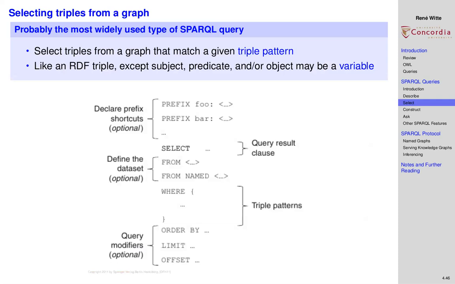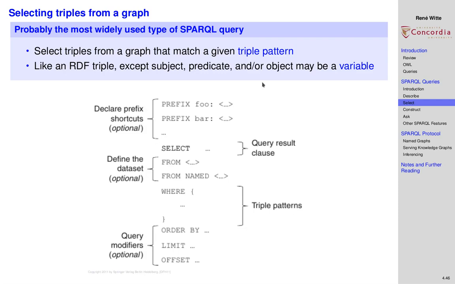So the next SPARQL query is probably the most important and the most widely used one. It's the one you've seen before in the beginning. It's the select statement. So you want to retrieve triples from a graph that match a certain pattern that you give. So the patterns are, like you've seen before, specified just like an RDF triple, subject, predicate, object. But each of them can be a variable. So now you basically match these triples against the graph, and wherever they match,